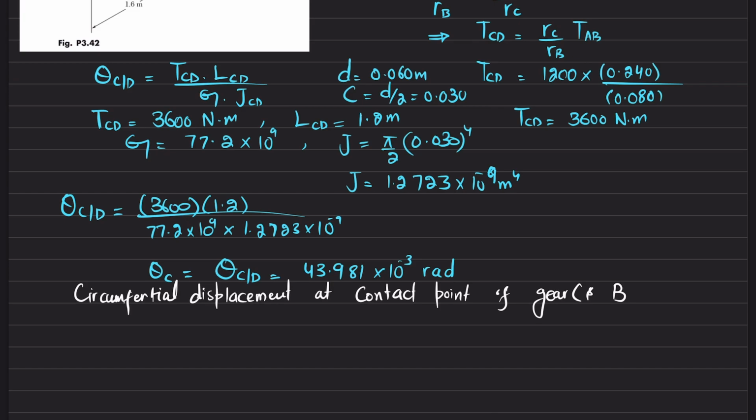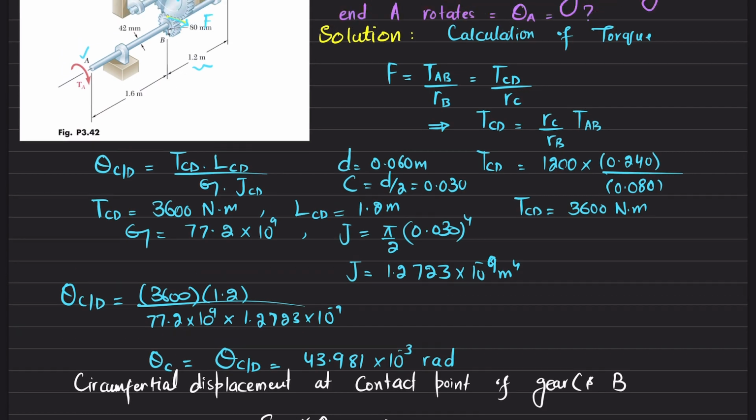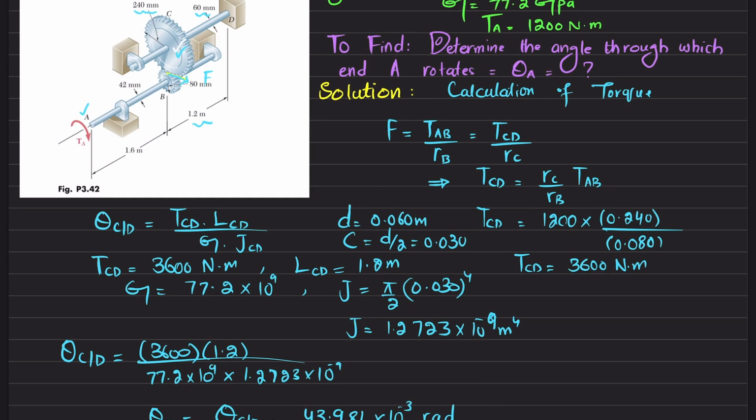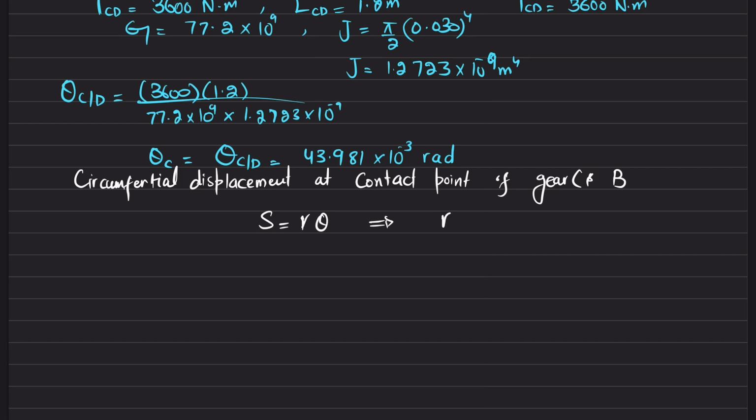We know the formula S is equal to r theta, so this is the circumferential distance. So we will write RC into theta C is equal to RB into theta B. So from here you can calculate theta B will be equal to RC over RB into